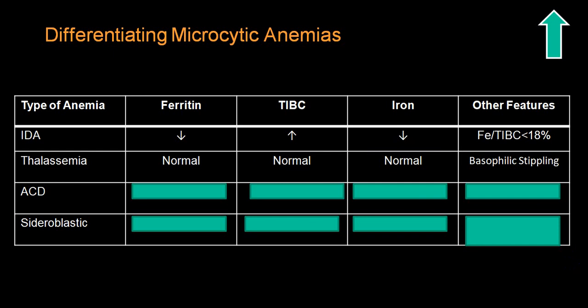In that case, iron level may be high. And in a peripheral smear, in case of thalassemia, you will get basophil stippling, which will be very peculiar because of messenger RNA which is seen in peripheral RBC.